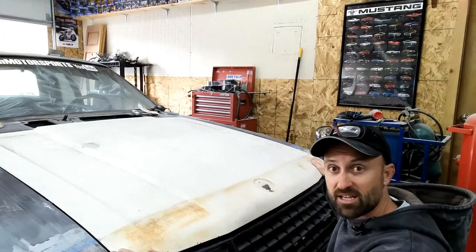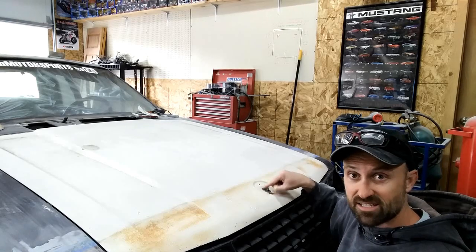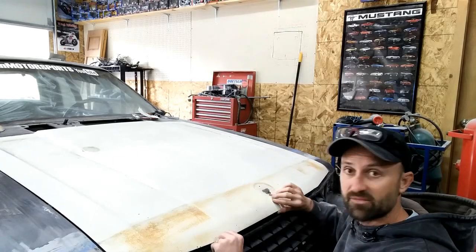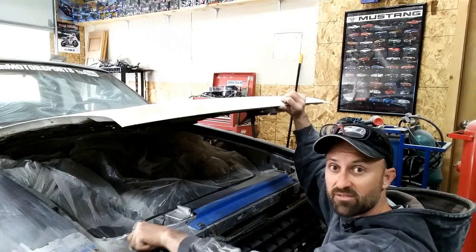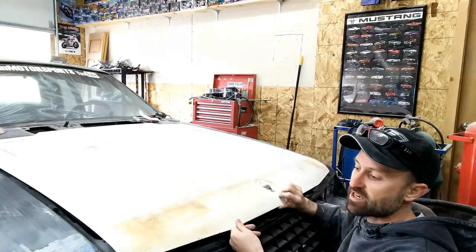Now, of course, you want the edges of your hood to match the fenders and this here to latch. This has adjustments up and down. So what I would say is leave this for last, and then if you lifted up your hood, you adjust these bumpers, obviously turning them, righty-tighty basically goes down, lefty-loosey goes up. So if you set your hood down,